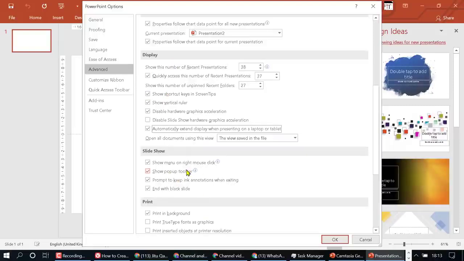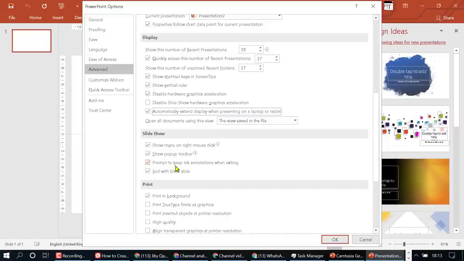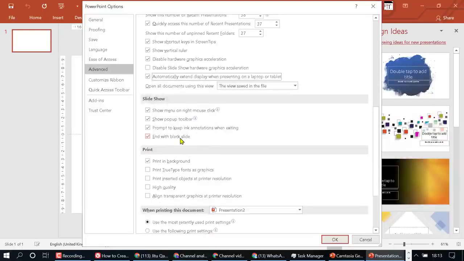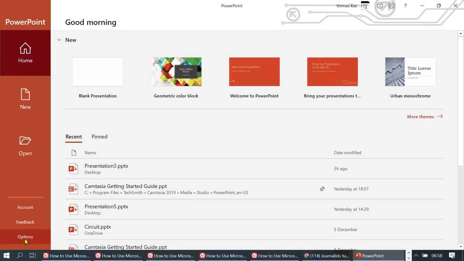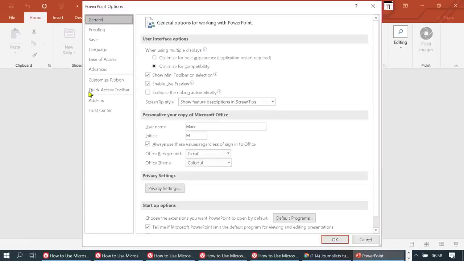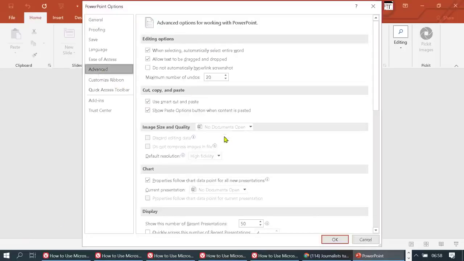Slide show menu and right mouse click. Show pop-up toolbar. Prompt to keep ink annotations when exiting, and end with blank. So these are all the options about advanced,